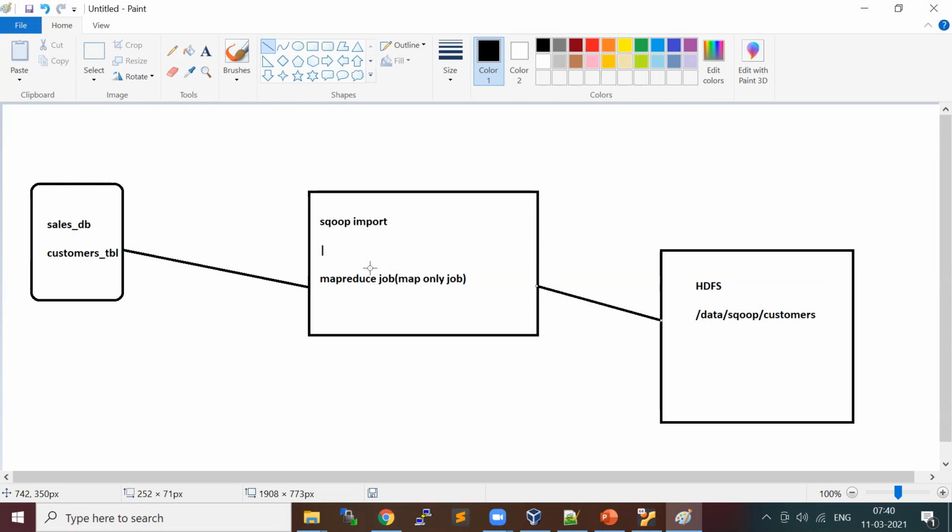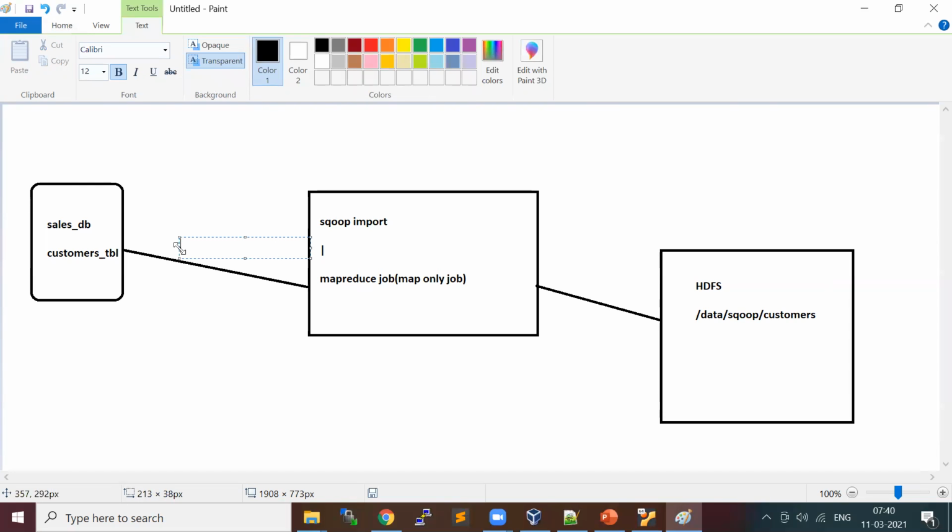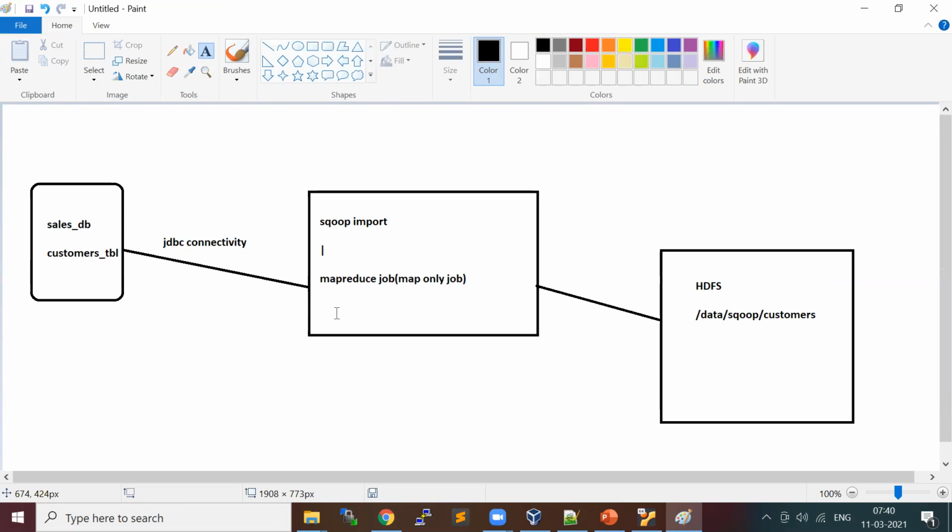So behind the scenes, the map only job establishes the connection to RDBMS using JDBC connectivity to bring the data.